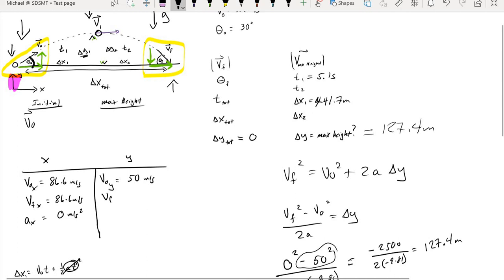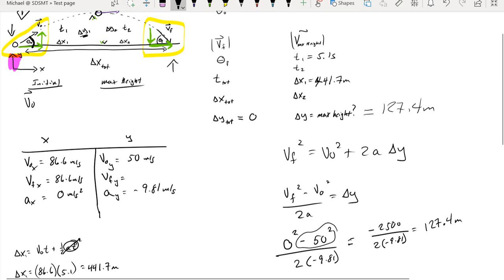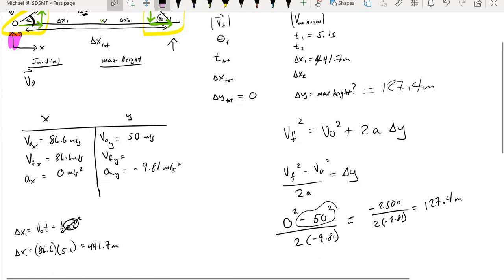For the y direction, I don't really know what that final velocity component is going to be because the acceleration along the y direction was not 0. We're actually going to have to solve for that, but that's okay. We can do that. The other things that we have to consider are the total displacement along the x direction and the total displacement